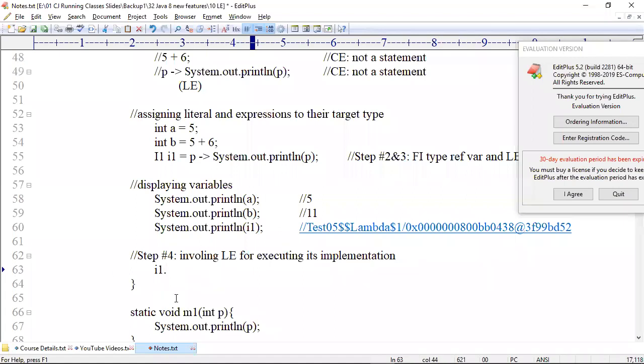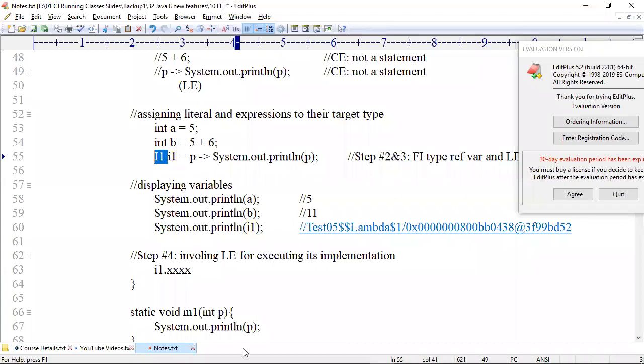Tell me, whenever you write I1 dot, is the compiler searching on the left side or the right side? When you write I1 dot xxx, for this xxx, the compiler searches in the I1 variable, right side or left side? Left side.